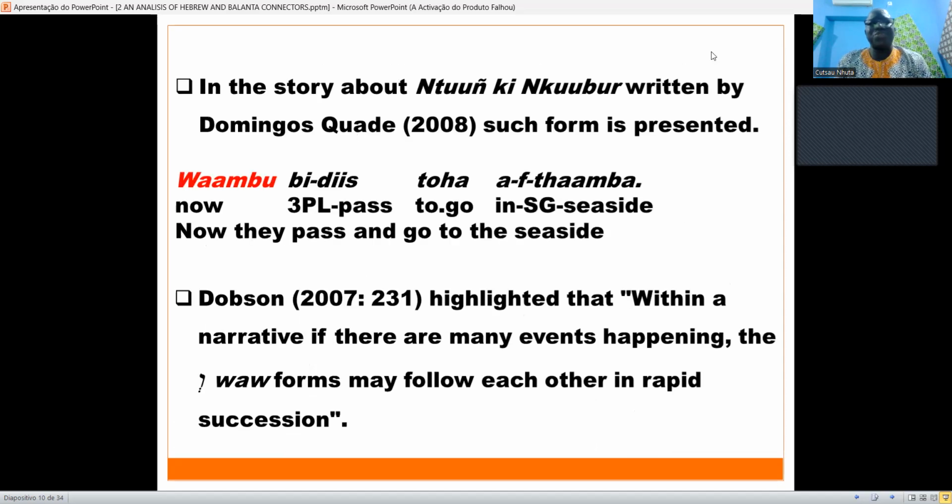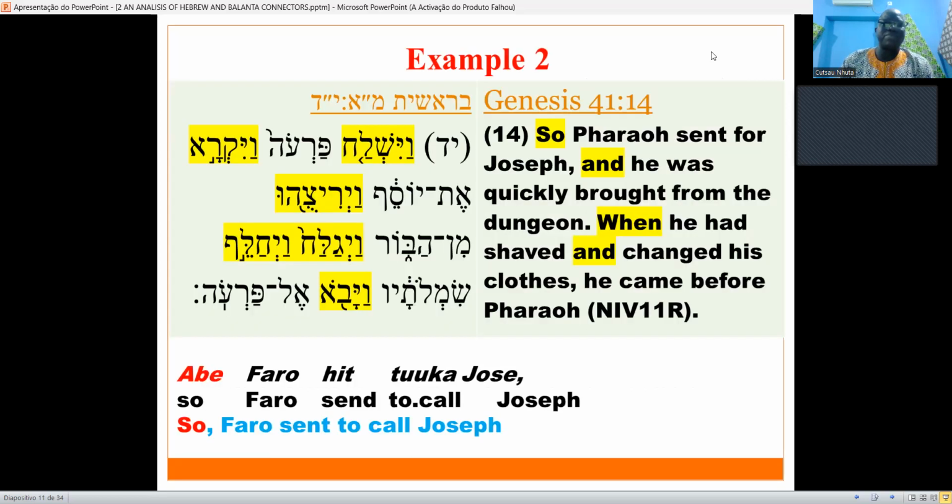In the story about Nton Konkobor, written by Domingos Kuade, such a form is presented. Wambu bidis to Aftamba. Now they pass and go to the seaside. Adoptions highlighted that within a narrative, if there are many events happening, the verb forms may follow each other in rapid succession. For example, in Genesis 41 verse 14, it is read,